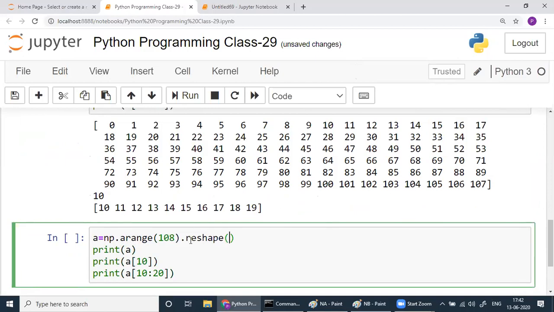Nine rows, 9 and 2. I can write 9, 2: 9 rows and 2 columns. Or we can make it, no, not 9 and 2, 9 and 12, I suppose. Yeah, 9 rows and 12 columns. That's fine. And let's change,